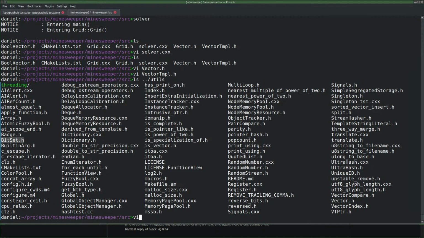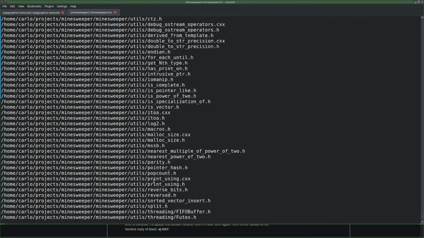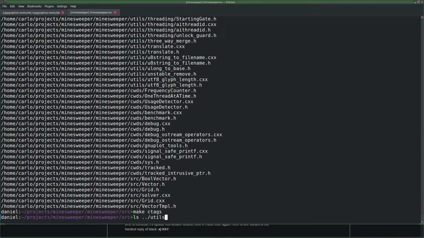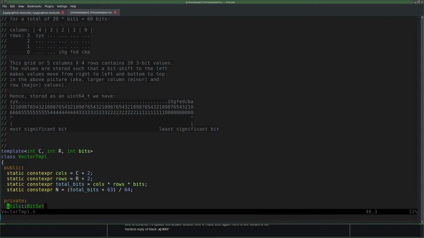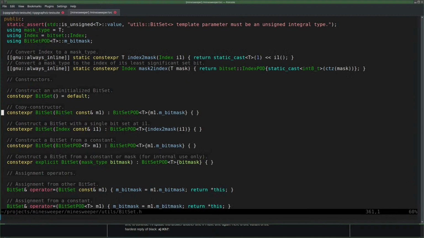Utils is in my s. Oh, I never run C tags. Bitset. So now we can jump to bitset, and my bitset